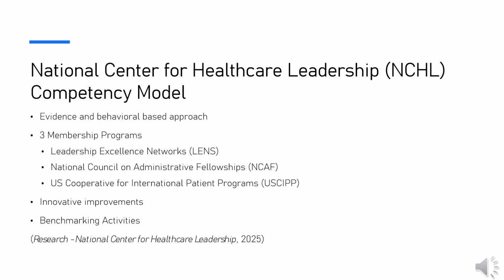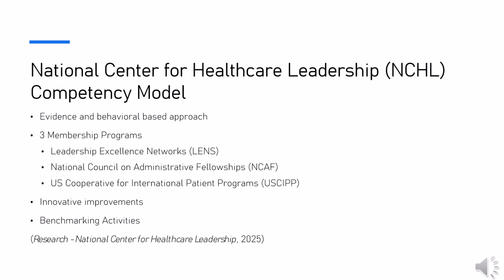The National Center for Healthcare Leadership Competency Model, NCHL, is an evidence and behavioral-based approach that has three different membership programs. First is the Leadership Excellence Networks, or LENS, which is a collaborative of senior leaders from U.S. hospitals and health systems that are dedicated to strengthening leadership through leadership development, talent metrics, analytics, and planning. Next is the National Council on Administrative Fellowship,